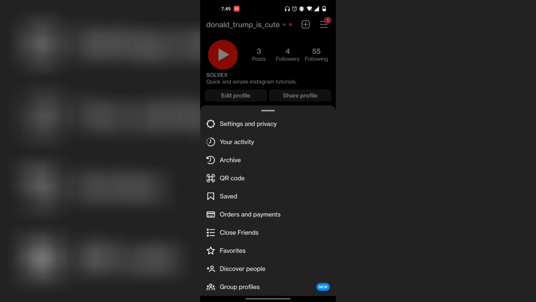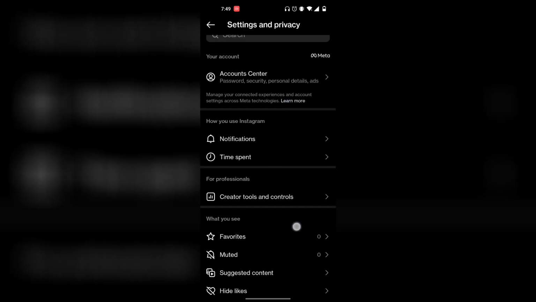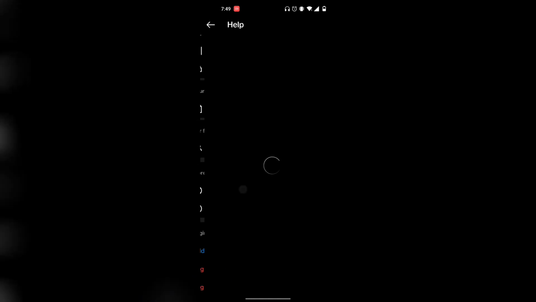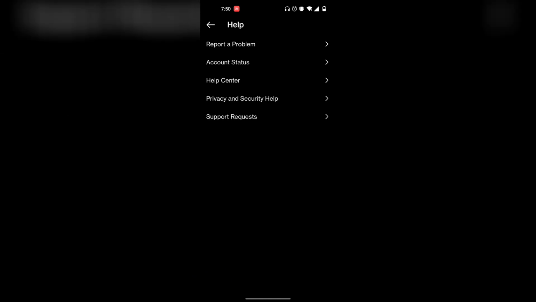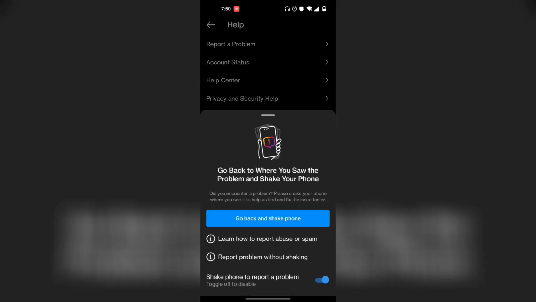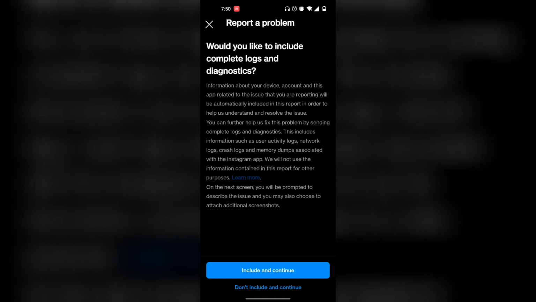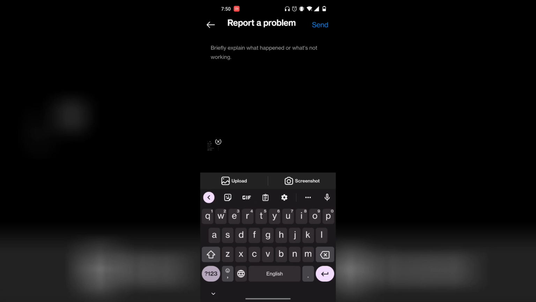What you want to do is go to settings again, and then you want to scroll down and click on help. And then now you want to click on report a problem. And then now you want to click on report problem without shaking. Don't include and continue. And now I just want to explain to Instagram that you want to get your notes feature. So hello, and then just click on send. So now